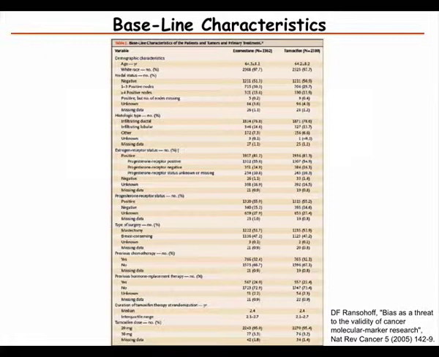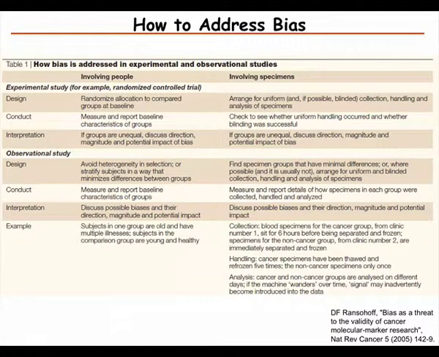And on top of that, the control group was pregnant. So people do these things because it's convenient to get some type of samples. Yeah, so we talked a little bit about how to address bias, and